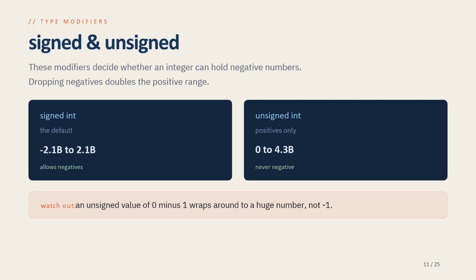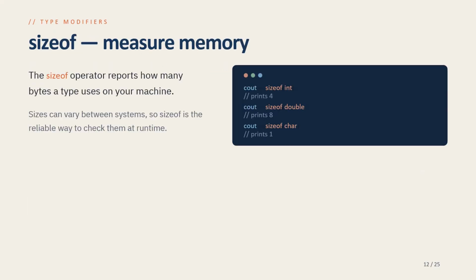This doubles the positive range that can be stored using the same amount of memory. However, programmers must be careful because subtracting from 0 in an unsigned integer can produce unexpected results here. The next is the sizeof operator. This operator helps us determine the amount of memory occupied by a data type or variable. Since the exact size may vary across different computer systems, using sizeof is the safest way to check memory